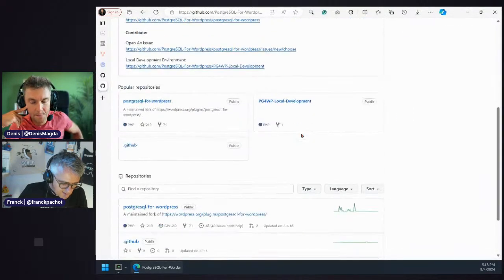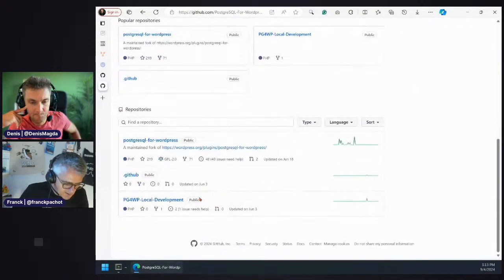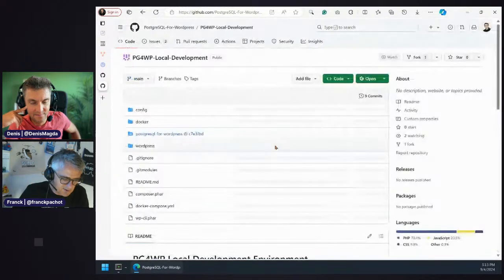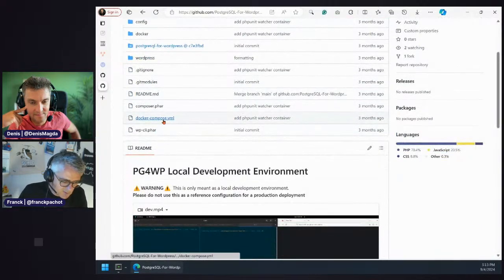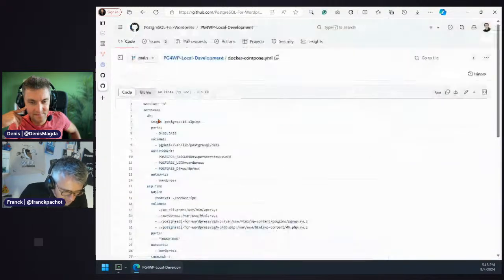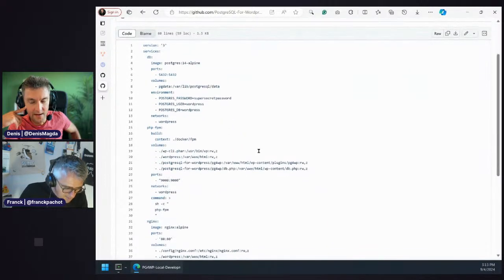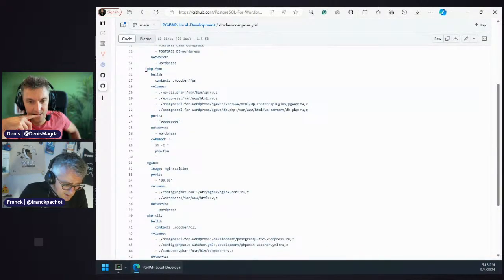This is the distribution with the plugin installed, and there is one. I will use the one for local development, so the one that is easy to install in a lab for the demo, where there is a Docker Compose. And the idea, sorry, my browser is a bit slow, but not a big problem. Yeah, so in the actual Docker Compose, you have